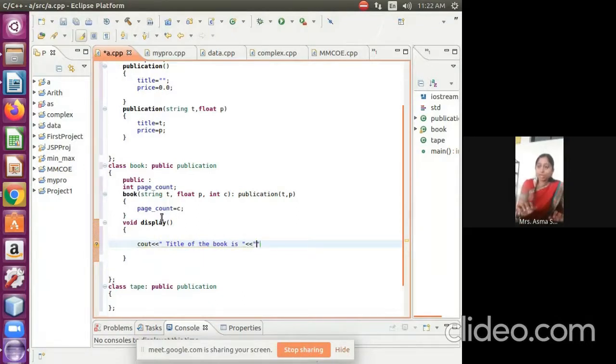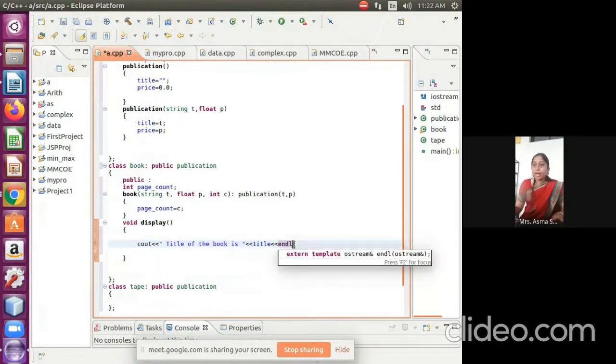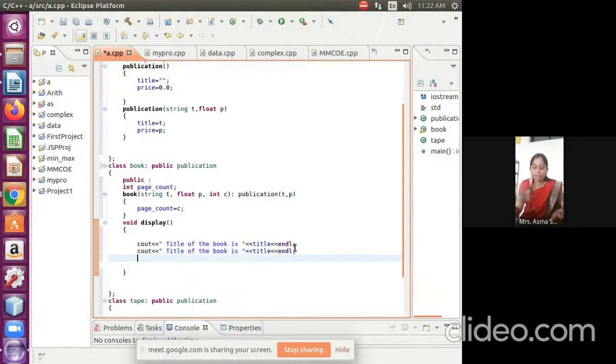So title of the book is, I am writing here a title, and then we need also displaying the price of the book and pages, number of pages of the book is. Okay. So here title, and then we have a price, and we have a page count. Okay. Now this data is from the main program, main class, and this is from the derived class, page count.